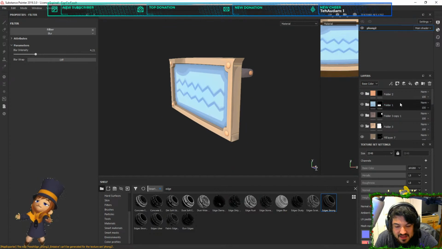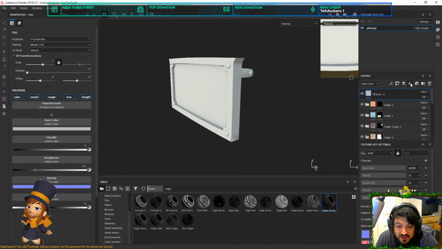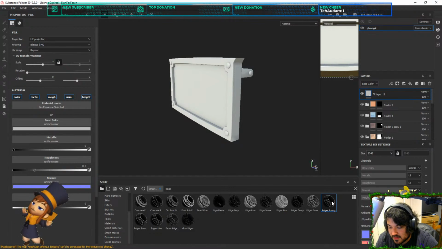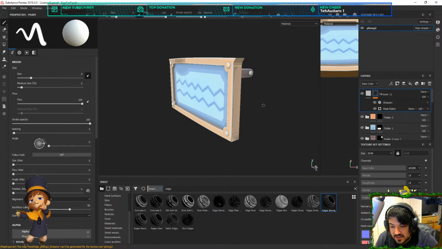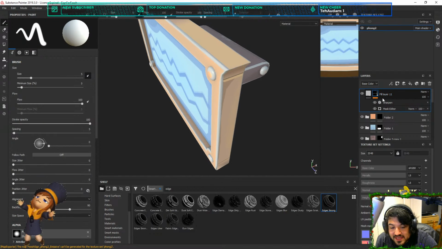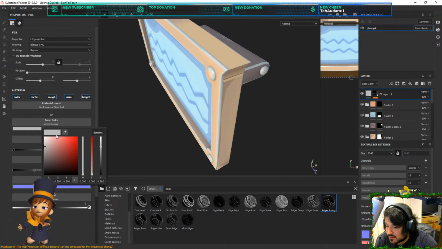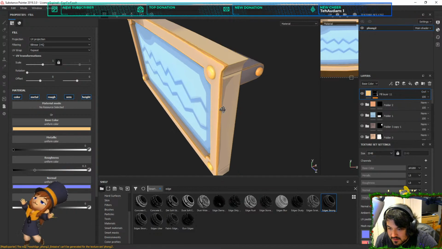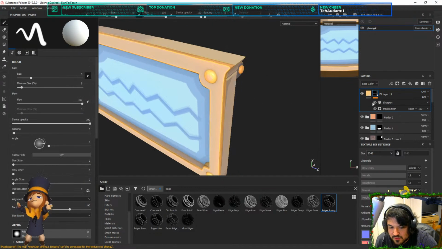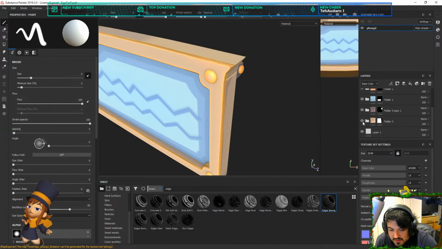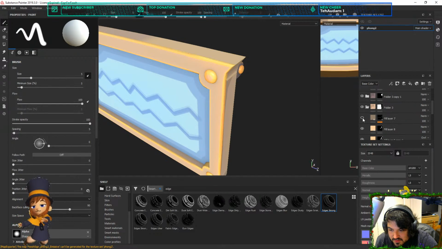And one thing I can show you how to do is if you get a fill layer, just using your smart masks, you can get really nice stuff. So this will go on the edges, for example. Usually with my other stylized stuff, you can get on the edge, let's get this color, make it a bit brighter, set it to overlay, get it to an actual good value. The annoying thing is underneath it's already got a shade there. This one, yeah, if I disable this one, there you go.